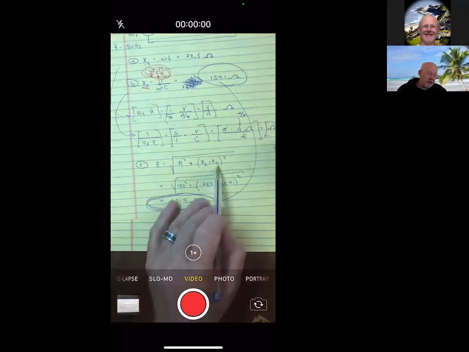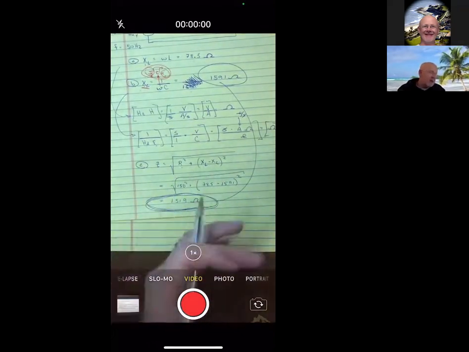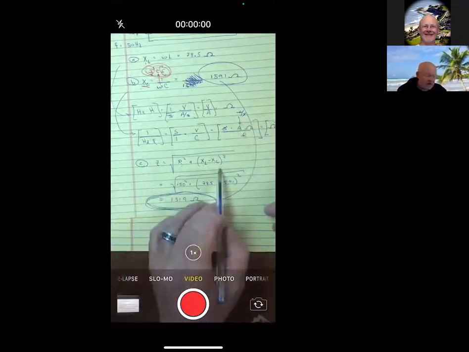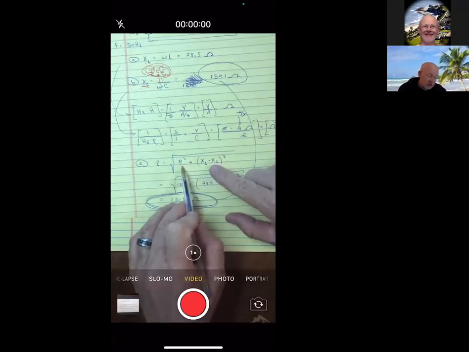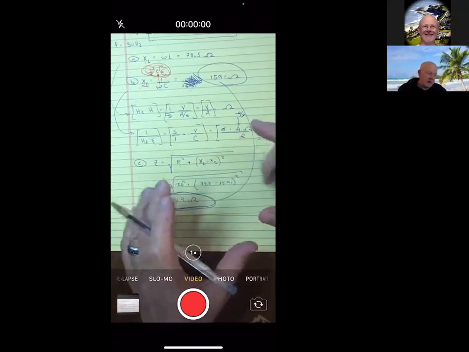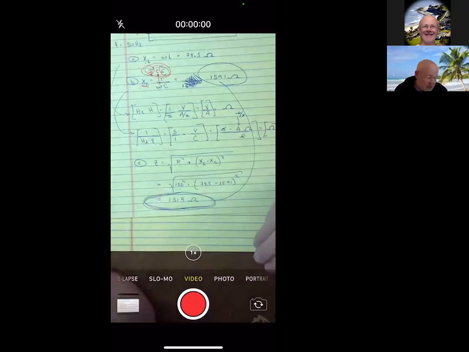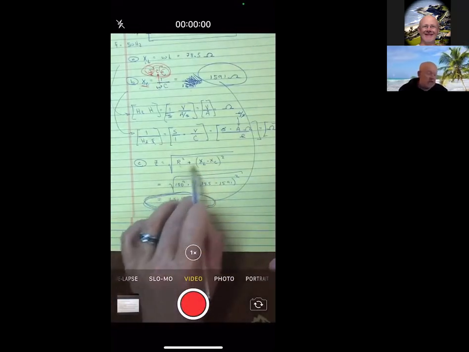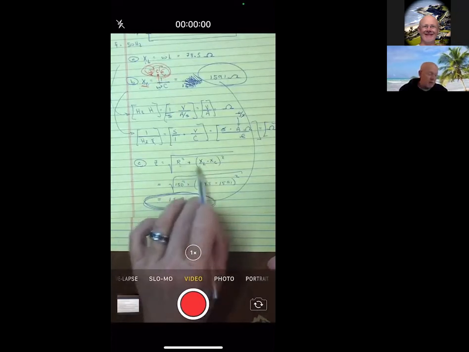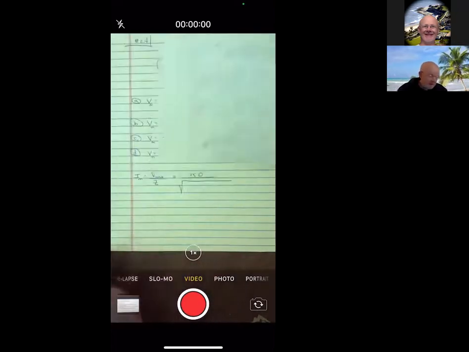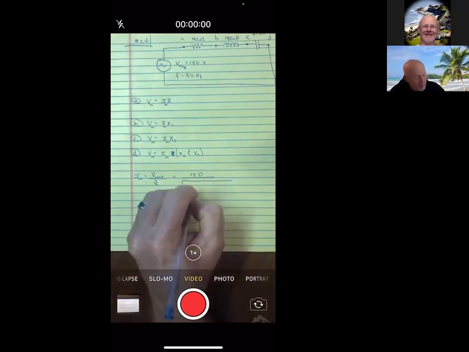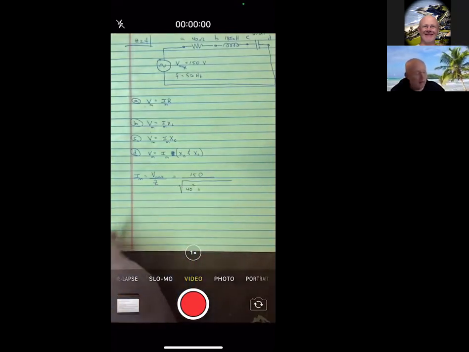And the inductor and the capacitor, when we say we add them together, we really subtract them because they're fighting each other. They're out of phase. And the resistor is then what we call 90 degrees out of phase. It would be like a y-axis compared to an x-axis. So we'd have to combine it with the Pythagorean theorem. So with that in mind, this would be 40 squared plus,